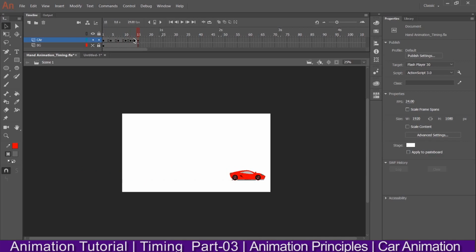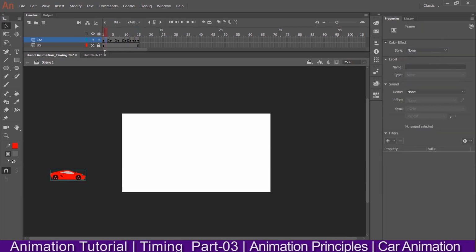The last one is looking quite good, but here it is looking abrupt again, so we need to add some drawings in between. So I'll add one over here, F6. I don't need these frames to see, so only these 2 frames are more than enough. Shift up to here. Okay, and here also F6.